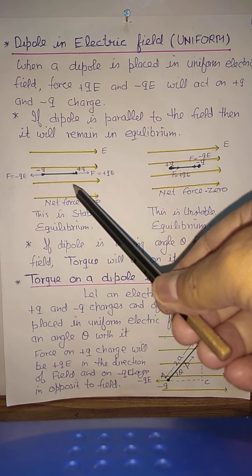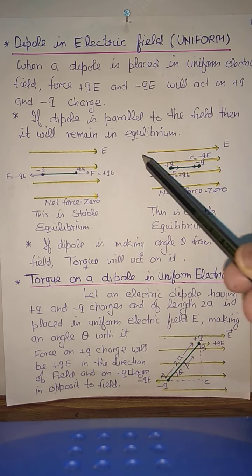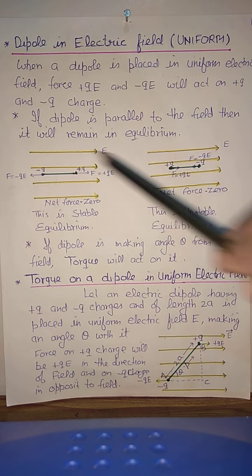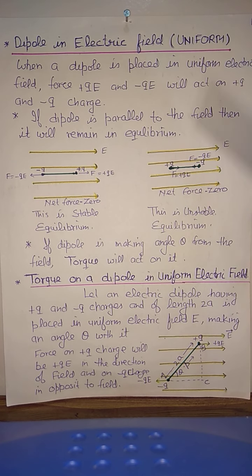In this diagram, field is shown from left to right in both the diagrams, and since all the lines are parallel, which shows that the field is uniform, dipole with plus q and minus q are shown here. Clear? Students, we know that when charge is placed in electric field, force acts on it, and that force is